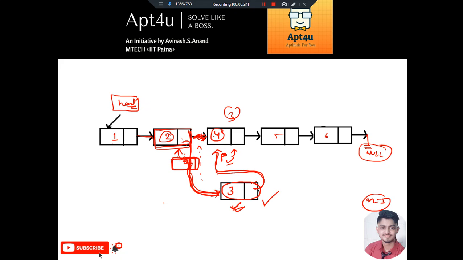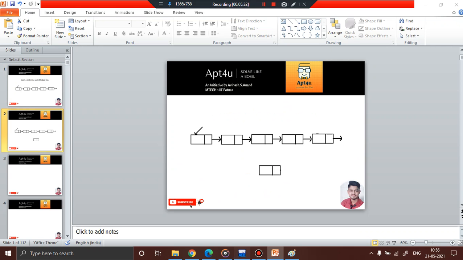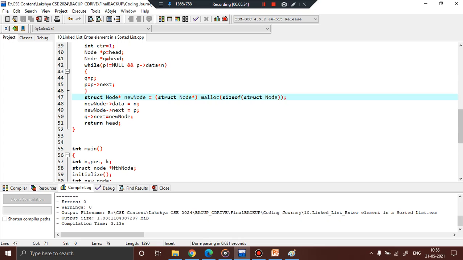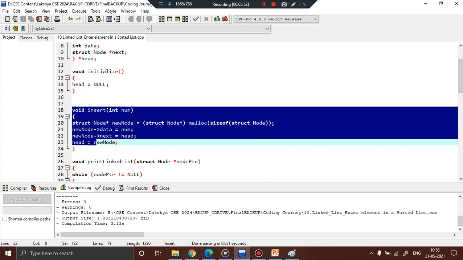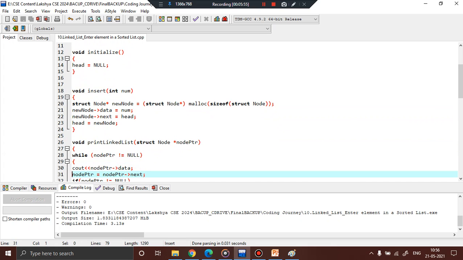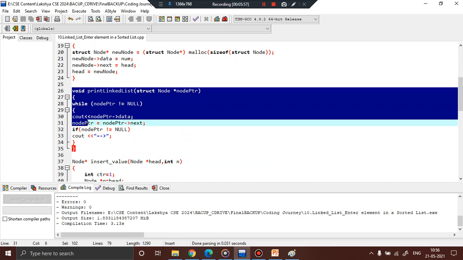Let us quickly jump into the coding part. So if we just jump into the coding part, we can see how it actually works. So basically this is the problem statement. We want to insert a node in a sorted linked list, right? So I'll share this particular code in the drive, and the link will be provided in the description box. So basically this is a basic definition. We are defining the structure of the node here, and initially initializing head to null, and an insert function to basically create a linked list, and this particular function print linked list will basically print all the elements of the